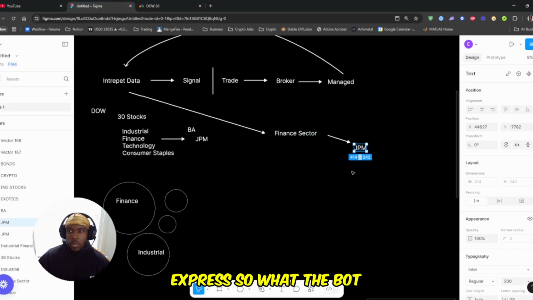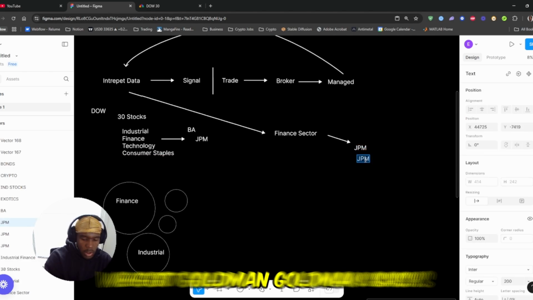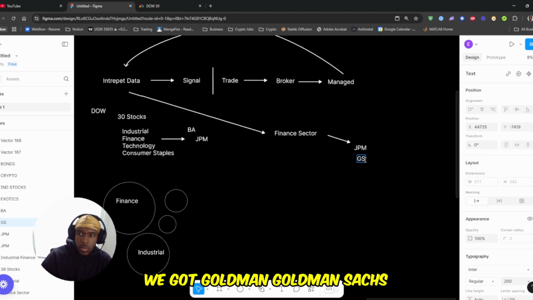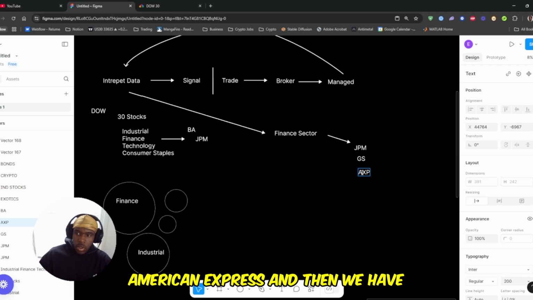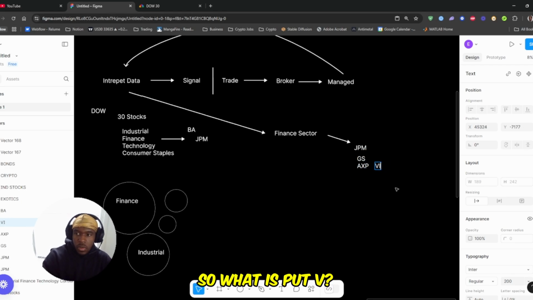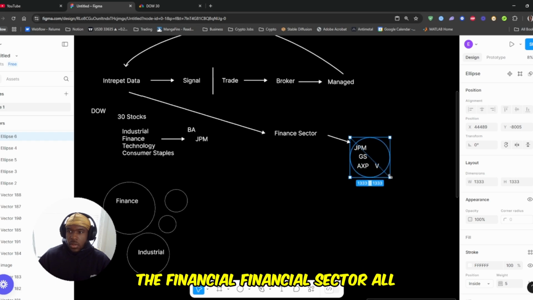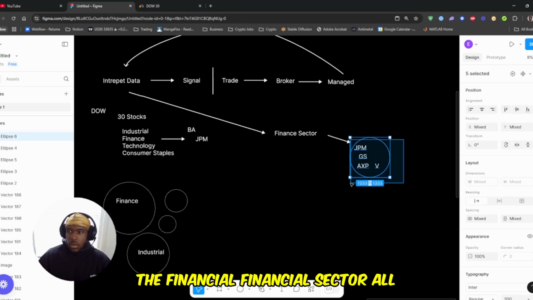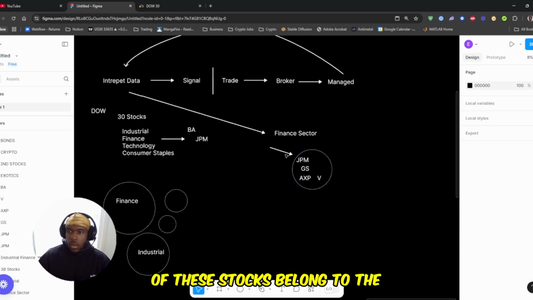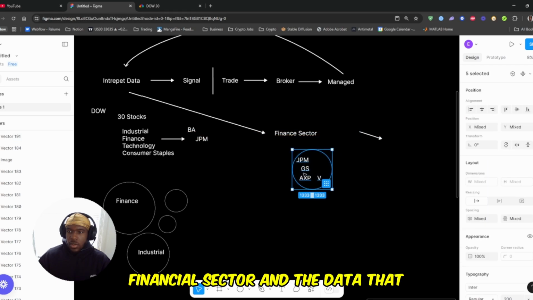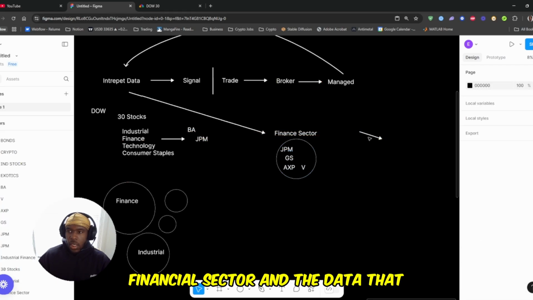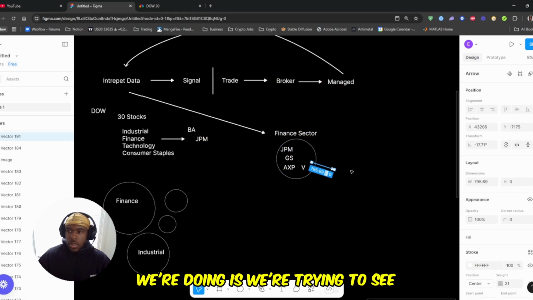So what the bot does, we put JP Morgan, Goldman Sachs, American Express, and then we have Visa, so we'll just put V. All of these stocks belong to the financial sector. So we'll just pull it right here. All of these stocks belong to the financial sector, and the data that we're doing is we're trying to see